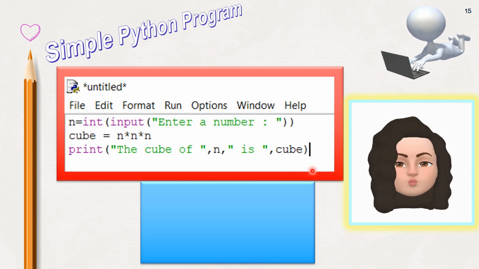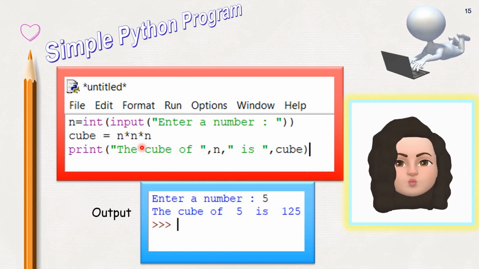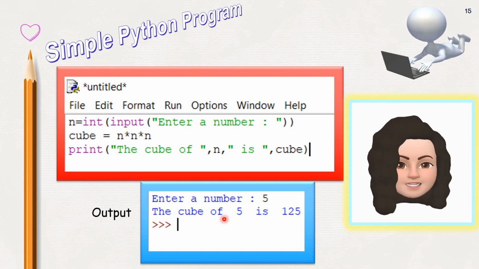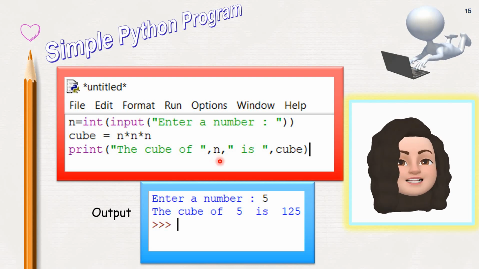So look at the output. When we execute this program, it will ask the user to enter a number. A number is entered. Look at the output now. The cube of is given within double quotes, so it is printed as it is. Then there is a comma, so a space will be left. Then n. Here n is not given within double quotes, that means n is a variable.